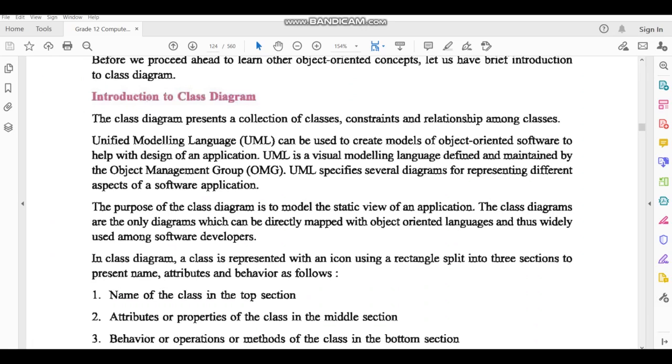UML is a visual modeling language defined and maintained by the OMG, that means Object Management Group. This UML is a visual modeling language, like whatever visual means you can tell, like making of the table. With the help of the table we can make the UML diagram. UML specifies several diagrams